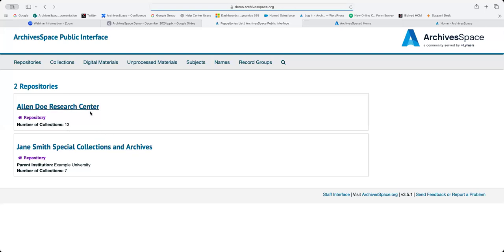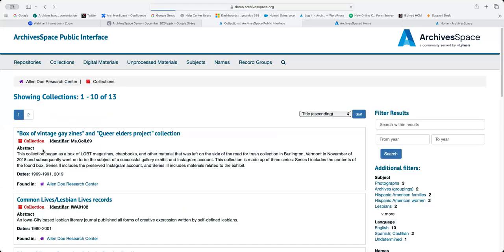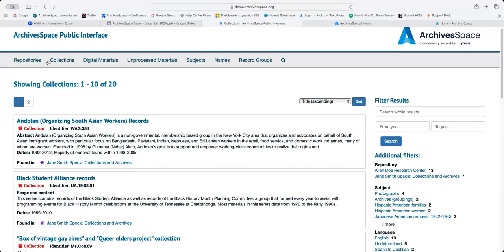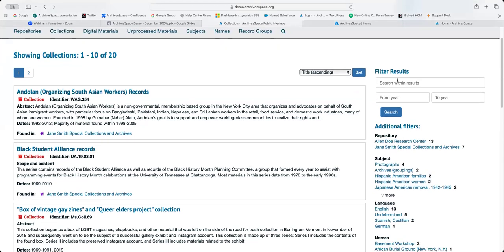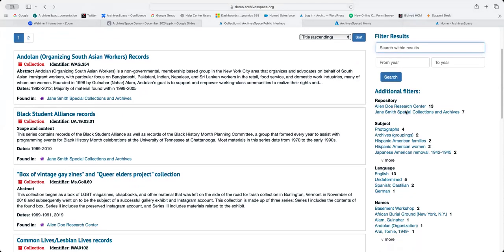You can see within this implementation there are 2 repositories. So you're going to go to this one specific research center and you want to do research there. You're able to search their collection specifically. Or you could browse across all collections. And again, you can really filter your results, so you can search both by date as well as keyword term, and then look at additional filters here.